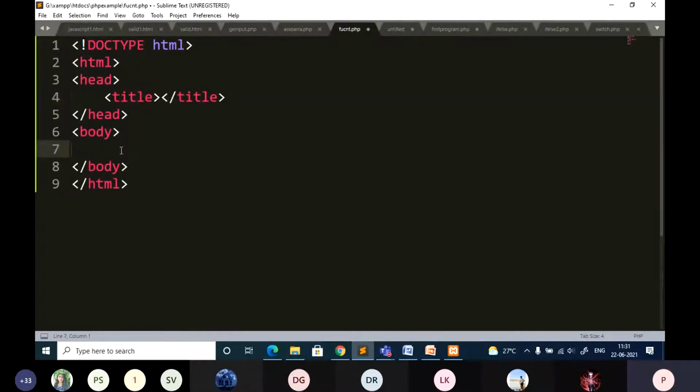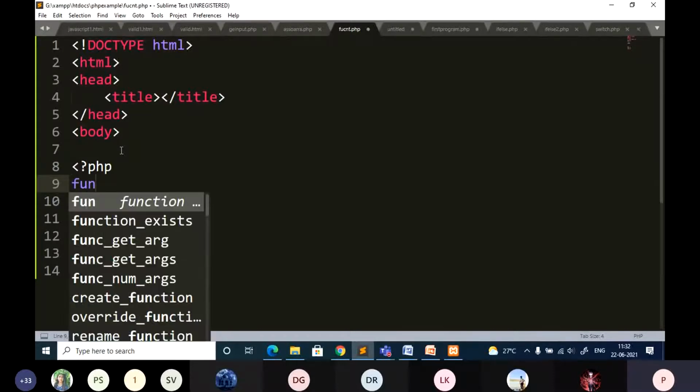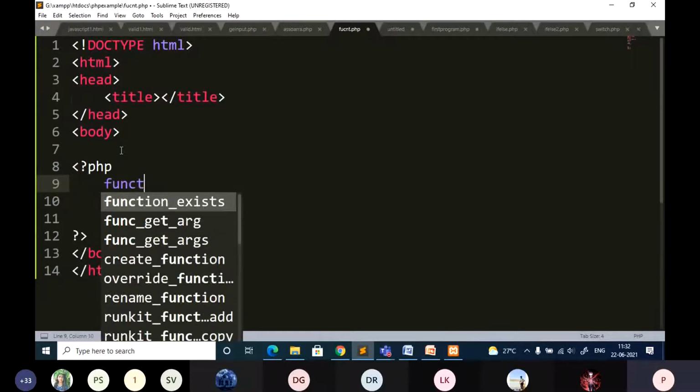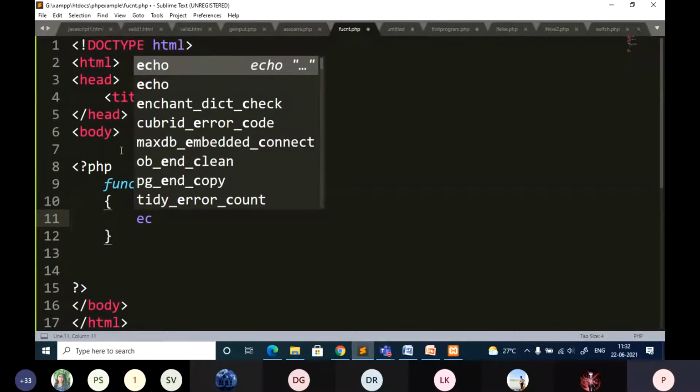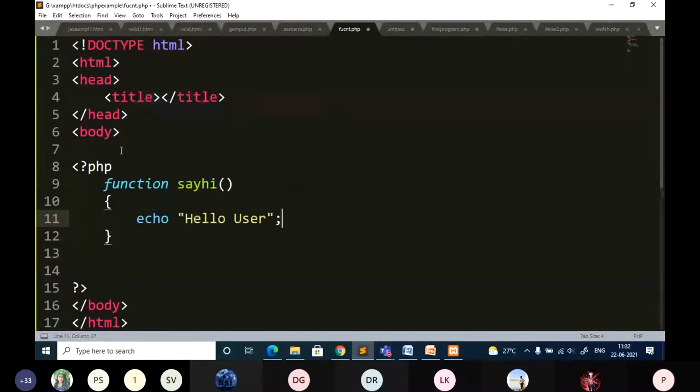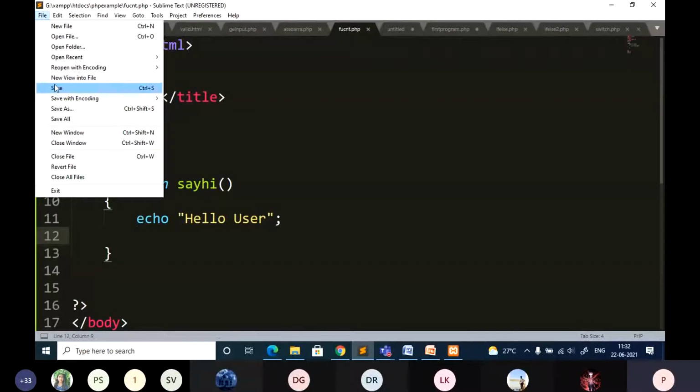Go to the PHP part. Immediately close the tag so that you will not forget. So now you can just start typing. Is my code visible? Are you able to view the code? I want the response. Okay, so let me just call a simple program function, where I will just echo hello world or hello user. We should keep observing. If I make any mistakes, you should be able to immediately inform me.